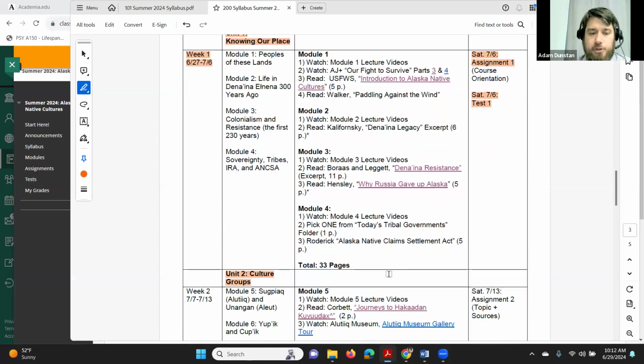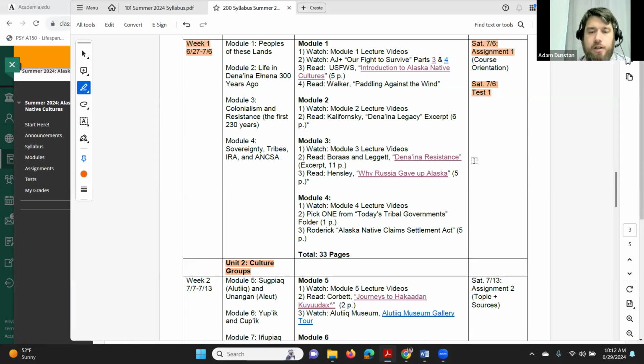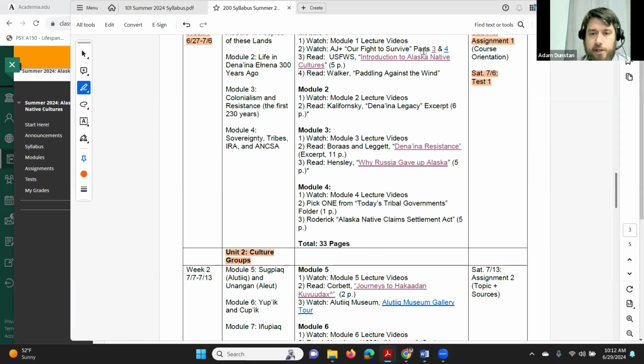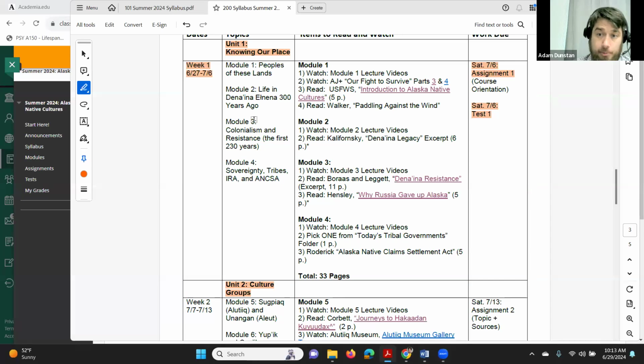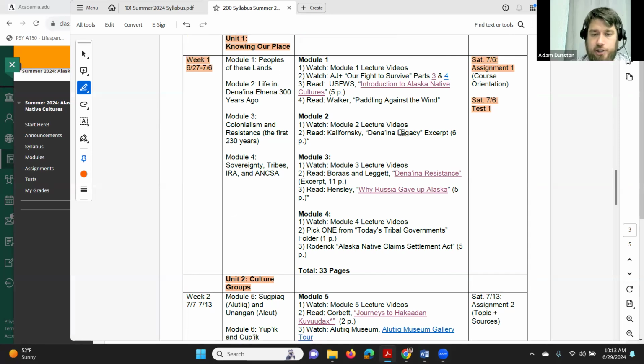So for example, if we start on Sunday the 7th, everything that's due that week is due by the 13th, so on Saturday. This first week is 10 days long because we start in the middle of the week, so that first half a week gets lumped into the first week, so you get 10 days before you have your first test. It'll give you a list of your readings. Sometimes it'll have links to the readings and sometimes it won't. And if it doesn't, that just means you need to go to Blackboard and go to modules, and that's, from my point of view, the easier way to find the readings. And then it'll have a list of the topics.